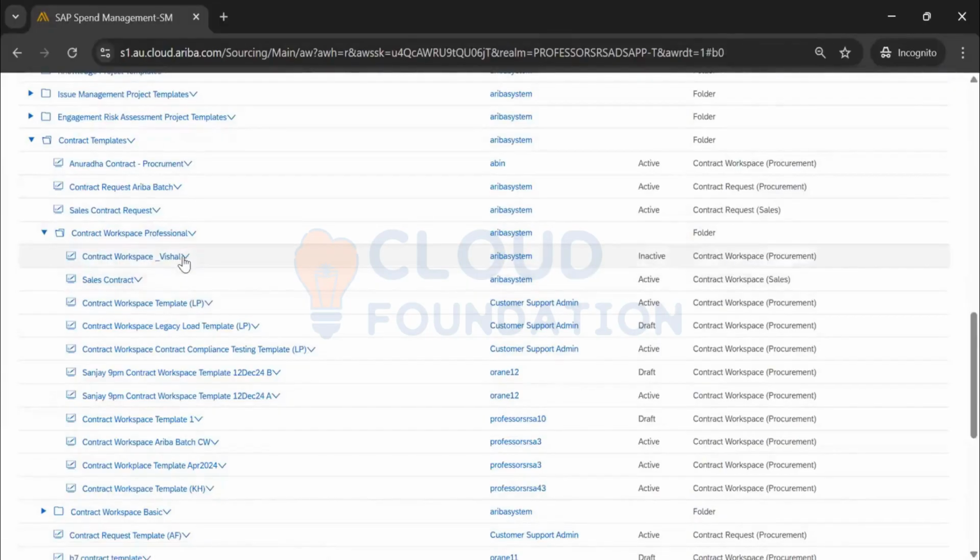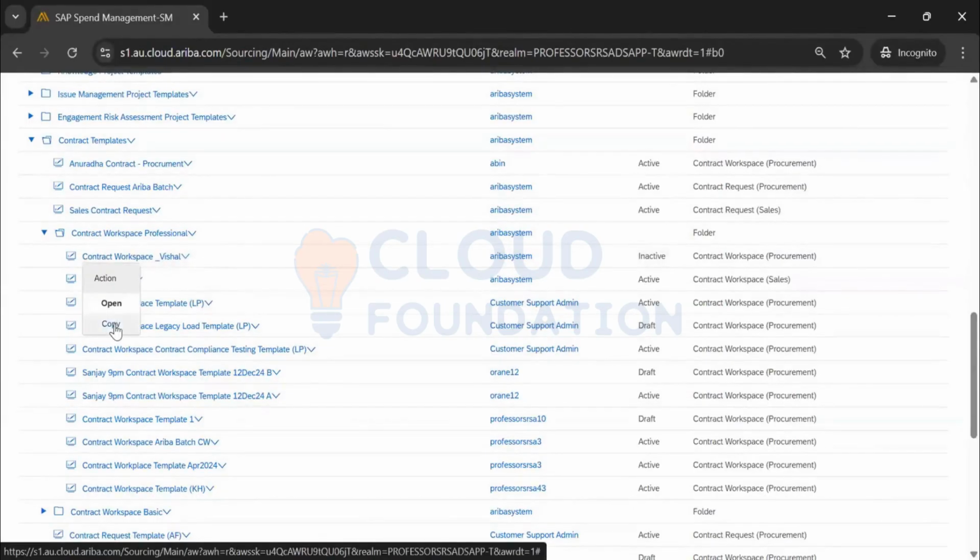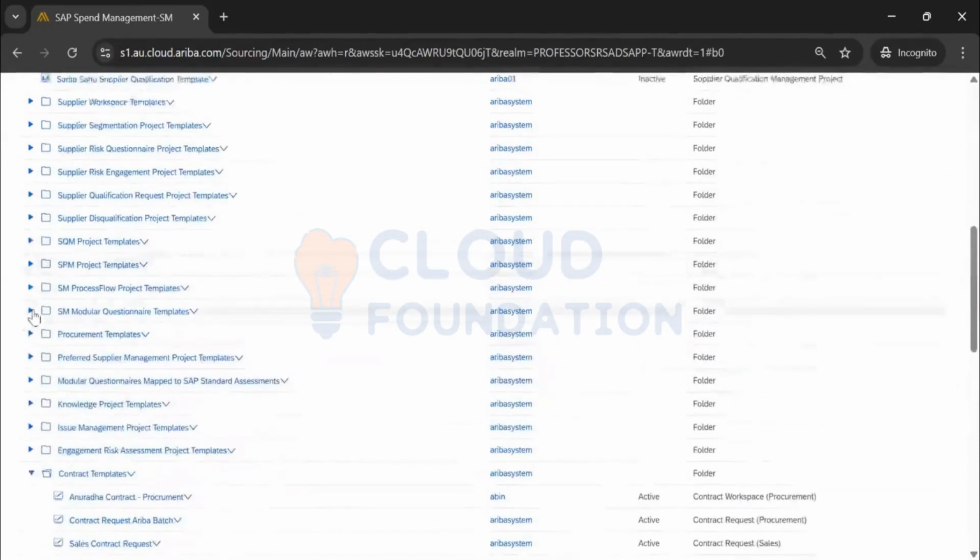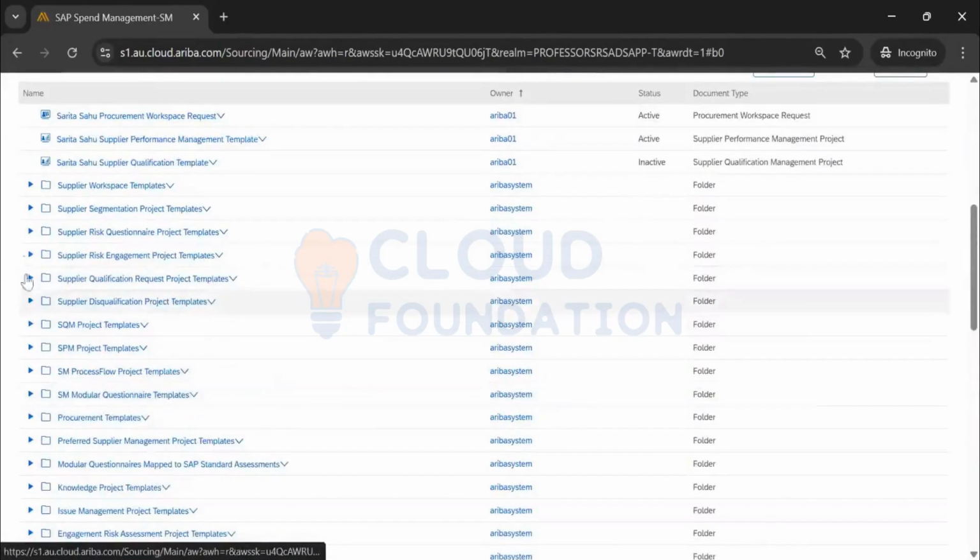You should see this activated when I click this button. I get an option to copy. Once I click copy, I will be creating my own name, whatever name I want to define for the template, and then I have to build the template with the copy option. However, if you select supplier related, SLP process ones like supplier qualification request,